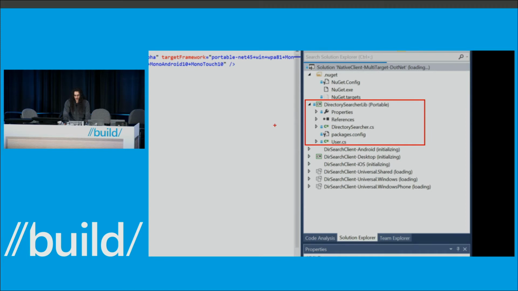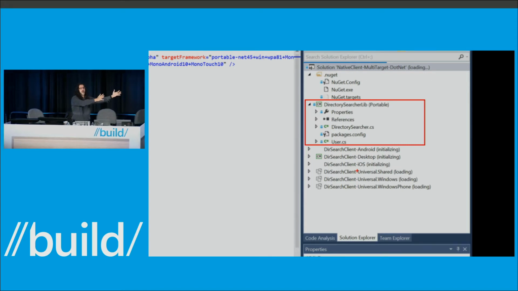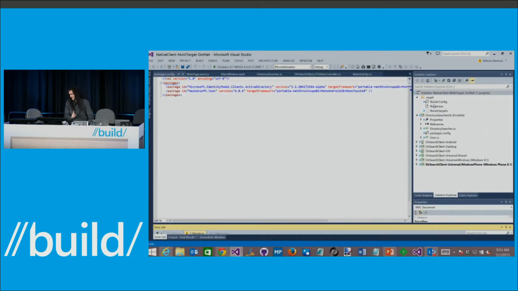And then in all of these other platforms, as you can see, Android, desktop, iOS, Windows Phone, Windows Store, in all those, I'm just using that library. I'm just passing the pointer and nothing else. So I no longer worry about identity at all. It's just taken care of in that aspect. But given that it's more spectacular, I'll show you this as it happens on the different device, which is